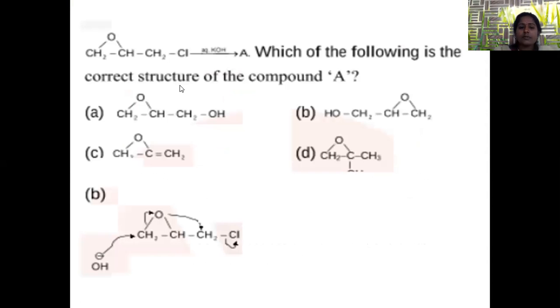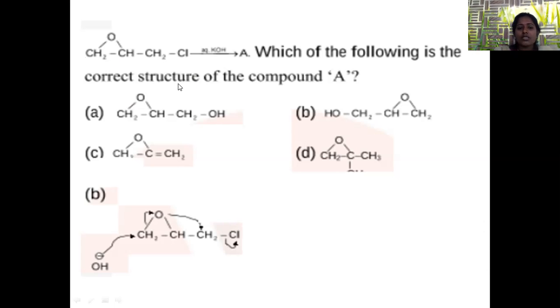The next one is here. This is an oxirane, so a three-membered ring is there, attached to CH2Cl. When it is treated with aqueous KOH, what happens? Aqueous KOH gives a substitution type of reaction. When alcoholic KOH is there, it is involved in an elimination type of reaction. In the case of this compound, because of high steric strain, the three-membered heterocyclic compound is highly strained. That is the reason why, instead of replacement at this carbon atom, it undergoes a ring opening reaction.